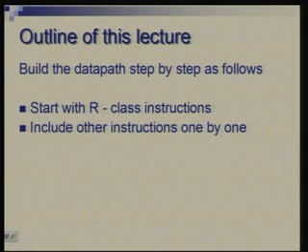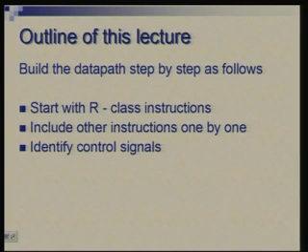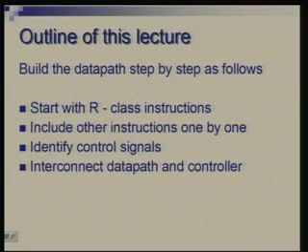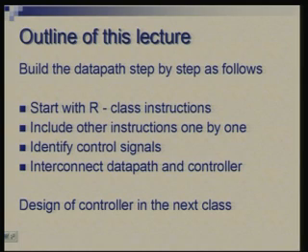So, with the basic skeleton of the design, we will include other instructions step by step. First, we will include load store instructions to the basic set of 4-5 instructions, and then we will include the jump and branch instructions. So, after having put the data path together, we will try to see how you control it, what actually is required in terms of control signals to make it do the right operation at the right time. And we will interconnect a controller to this data path which we will build. We will not go into detailed design of the controller, that we will take up in the next class.